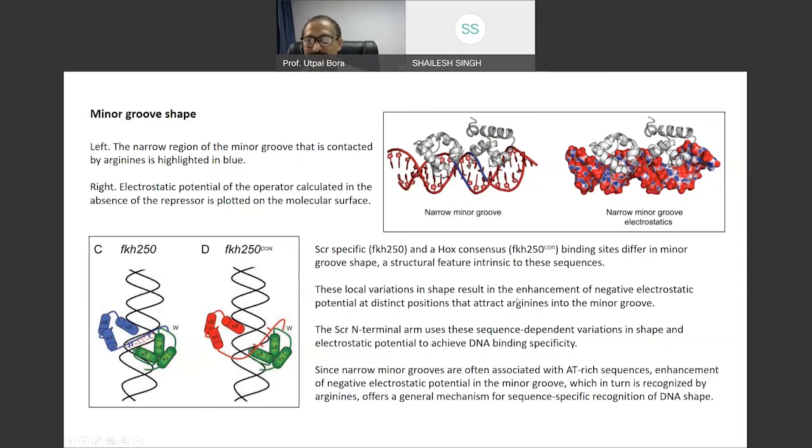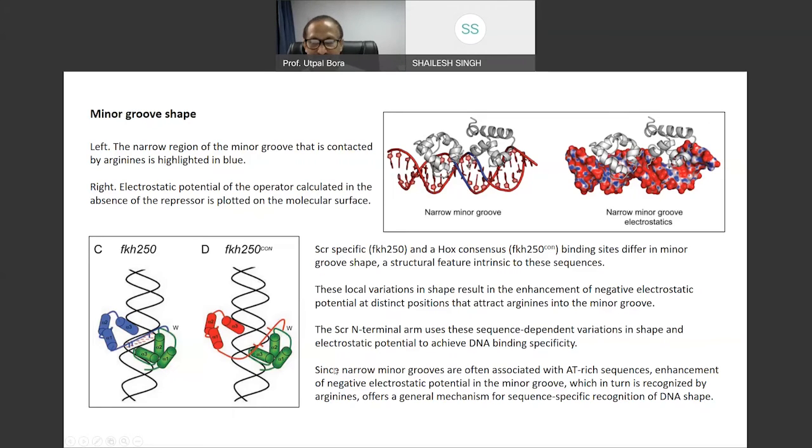These local variations in shape result in an enhancement of negative electrostatic potential at distinct positions that attracts arginines into the minor grooves. Okay, and you can see here in the minor groove under figure C, you can see the negative charges over there. But under figure D, FKH 250 consensus, you see there is no such negative charge accumulation over here. The SCR N-terminal arm uses this sequence-dependent variation in shape and electrostatic potential to achieve the DNA